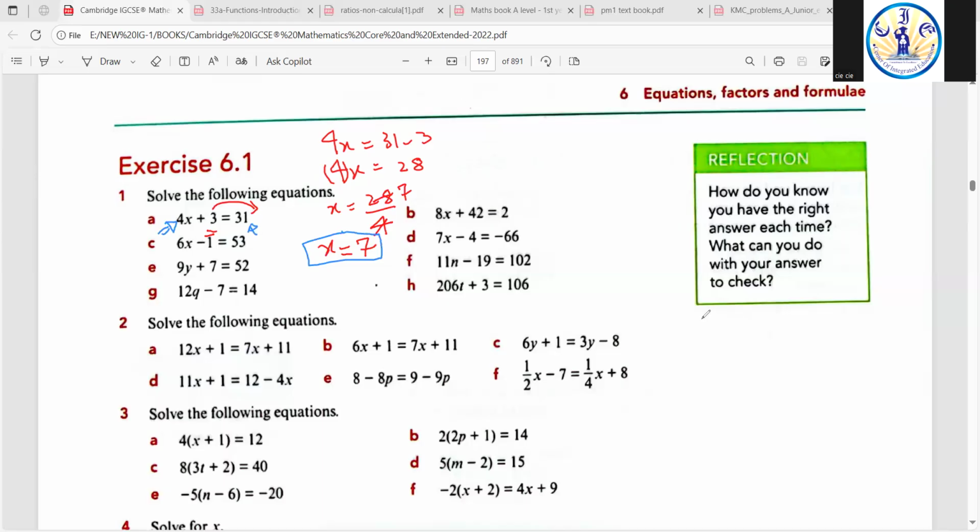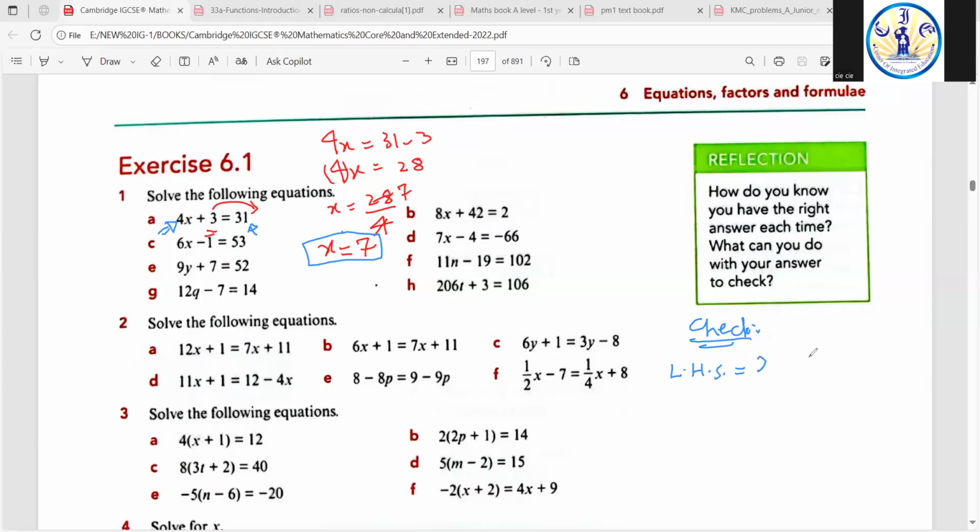So we can check it out, though this is not the requirement of the question, but sometimes a question may ask, check your answer, whether your answer is correct or not. So this is how we check it. We take the left hand side or even any one side of the equality. I am taking its left hand side, which is